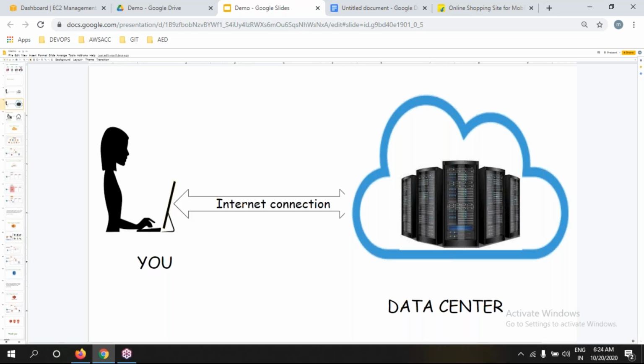By seeing this diagram, this PPT, you can understand. This data center is remote, maybe near Singapore or Mumbai, but you are sitting in your Hyderabad. Are you controlling these data center resources over the internet from a laptop or not? If yes, then definitely it is a cloud. If you can control the hardware things like RAM, CPU, motherboard, that is nothing but a cloud. I hope you understood very clearly.